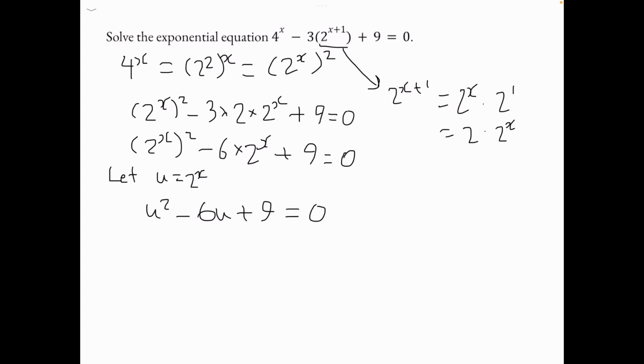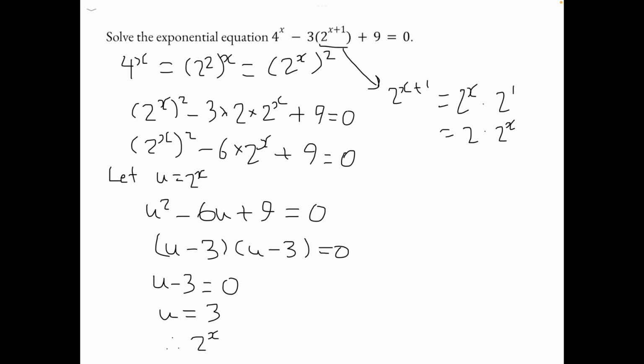So now we can factorize this, which will be (u minus 3) times (u minus 3) is equal to 0. Now we can solve for u, so u minus 3 is equal to 0. We move the 3 to the other side, so u is equal to 3. So therefore 2^x is equal to 3. So now that we've figured out that 2 to the power of x is equal to 3, we can solve